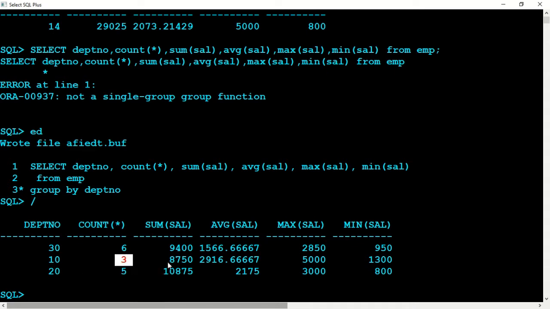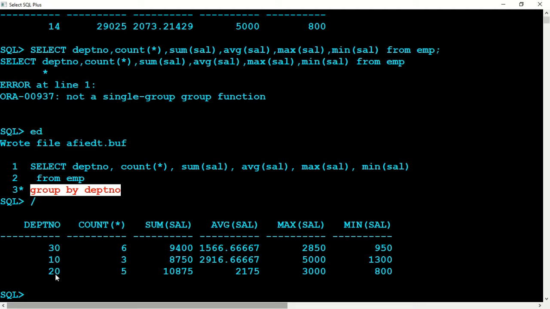This is the sum of the salaries of all the employees in department 10, then the average salary, then the maximum, and so on. So you have department wise sums of all those aggregate function values. We have grouped the department number by saying group by department number. That's why it has grouped it as 30, 10 and 20.